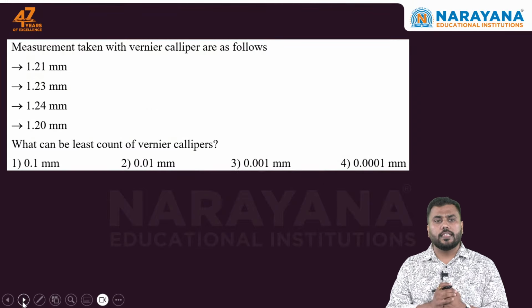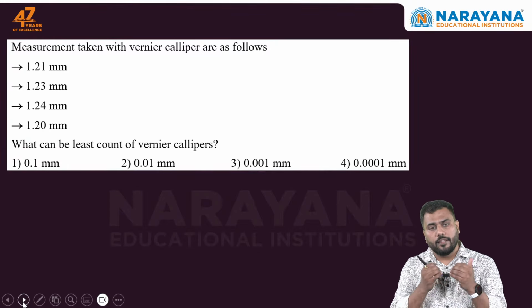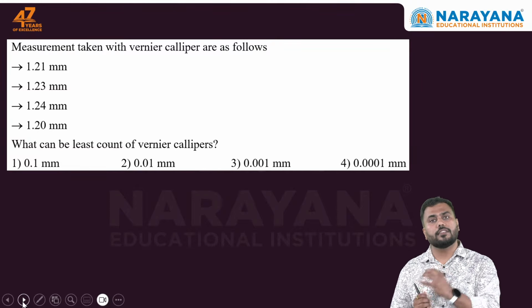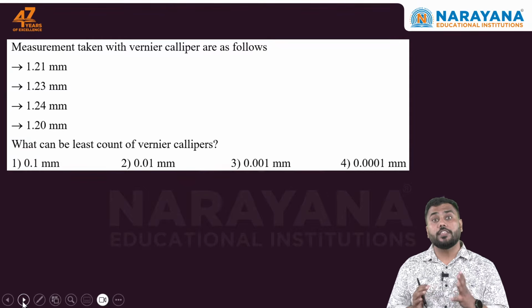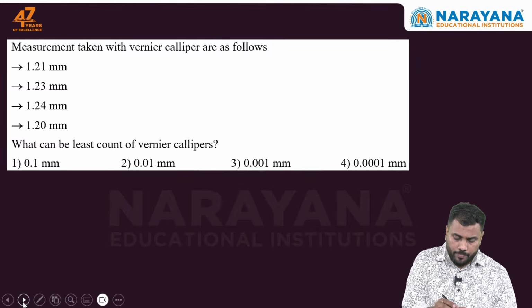The next question is an easier one. The question is asking that measurement is taken by vernier caliper and the values of measurement are given to us. What are they asking? They are asking what can be the least count of the vernier caliper. We just need to observe what are the values which we are getting by measurement. If you see